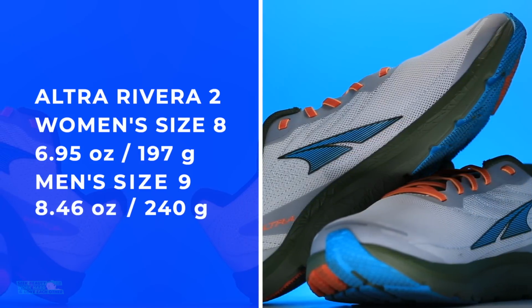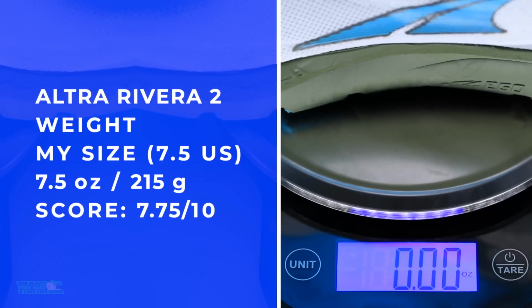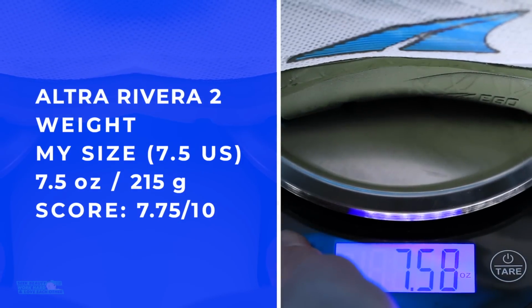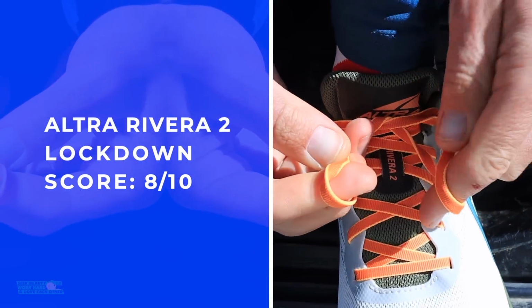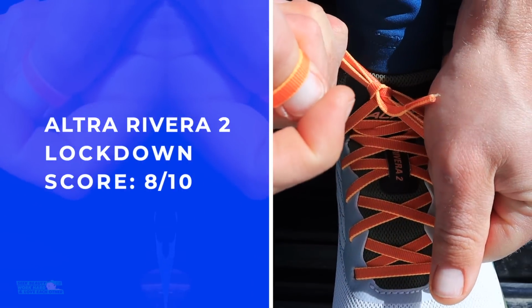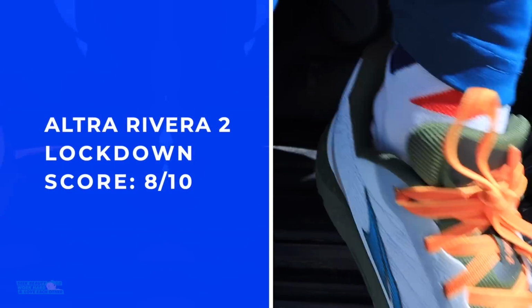Let's throw it on the scale just to remind. I think we're looking at about 7.5. One second, yep, 7.5 is what I'm getting. There is my score for the weight. We're looking at a mono mesh. There's the lockdown. It's not gusseted. I would not be shocked, Altra, if in your next Rivera 3 you do toss in a gusset for that tongue. Everybody,